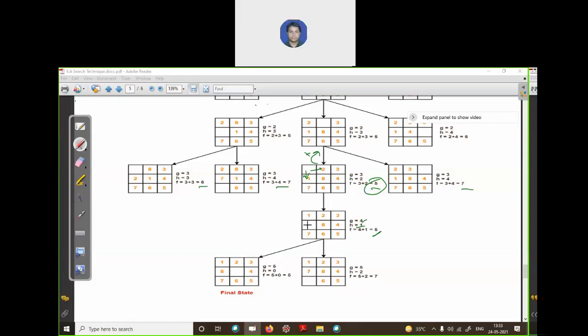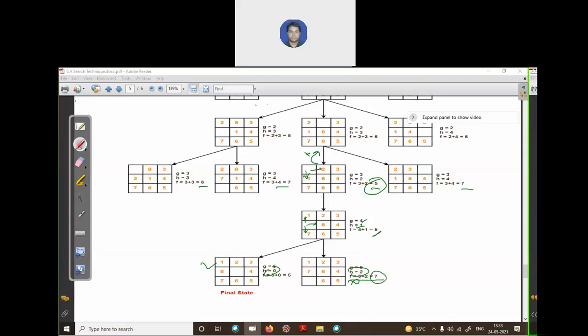And now from this state 2 states are possible. You move your tile down, right or up. If you move up, you will reach your previous state, so forget that move, only right and down. So there are 2 states, and if you calculate the heuristic value of this state, you will find 0, meaning all the tiles are at the correct position. The sum of this heuristic value with the actual cost is 7.